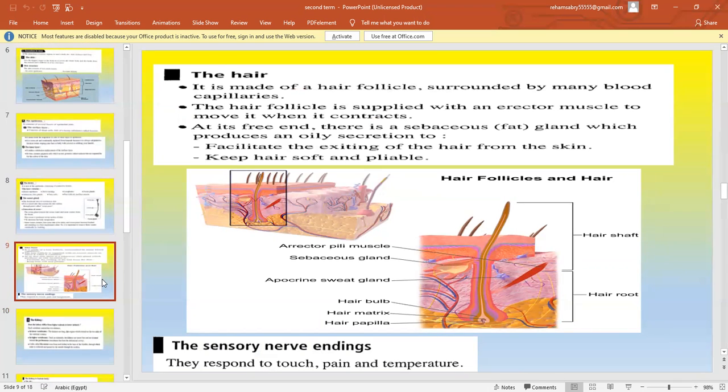I will ask you a question and you just have to think of it. If we have carbon dioxide, nitrogen, water, and urea, all of the following are excretory products except which one? All of them are excretory products. Which one again? Carbon dioxide, nitrogen, water, and urea. Which of them is not an excretory product?